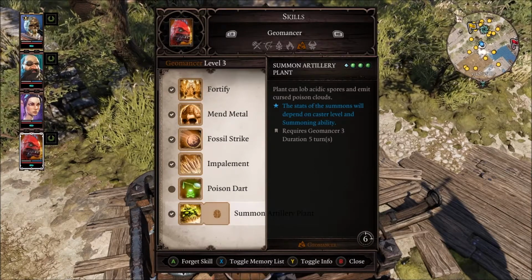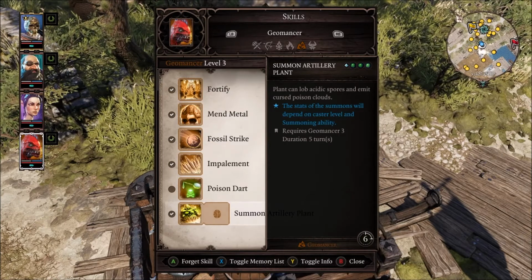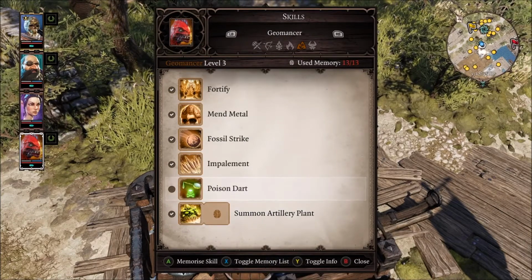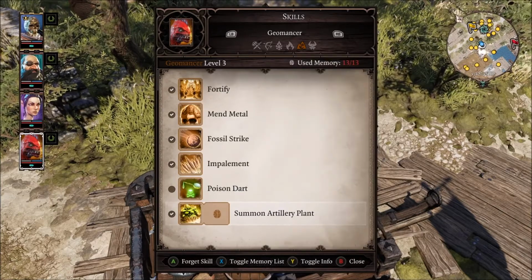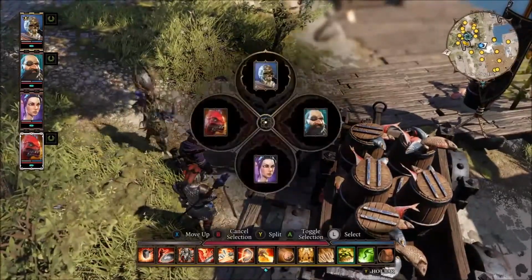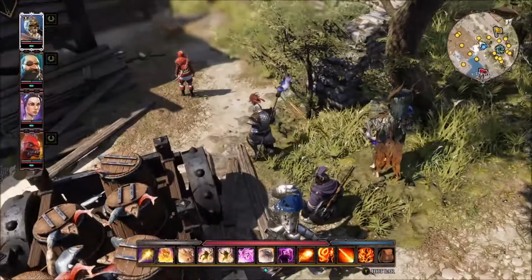So I am actually anxious to see that in battle, as I am anxious to see my Bone Widow in battle. We haven't yet used them. But the artillery plant actually uses source. So, well, just have to choose the battle that we call upon it, because we don't exactly have source all the time. But anyway,